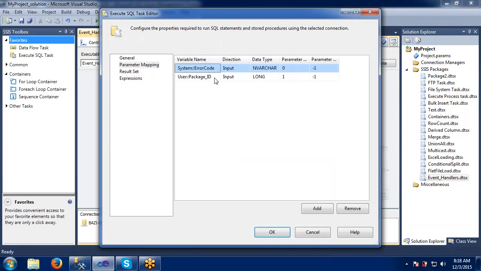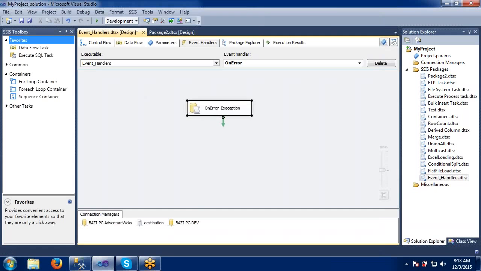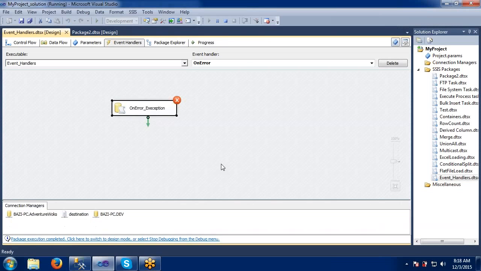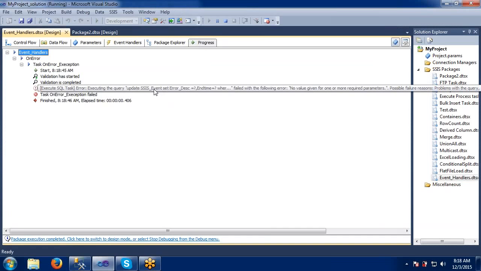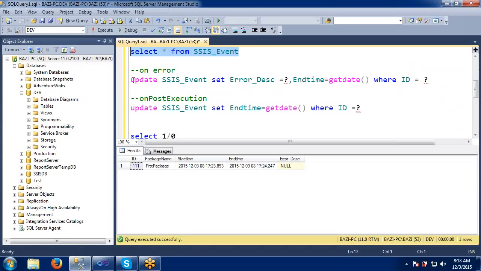Error code, package ID, which is fine here. Let's execute here only. What it's saying is, no value given for one or more required parameters. What was that parameter?